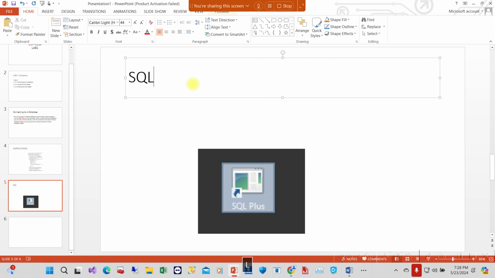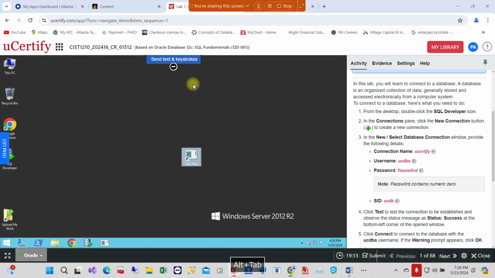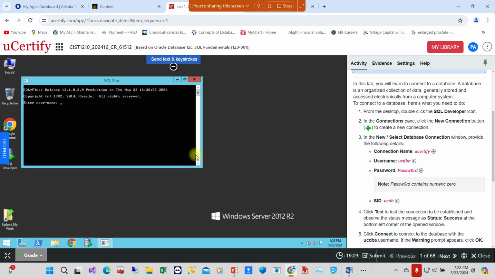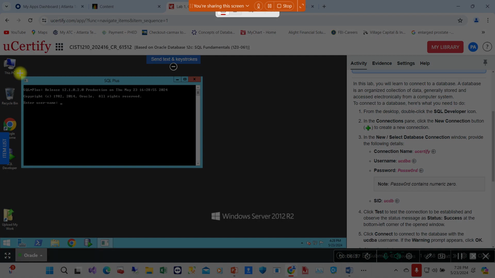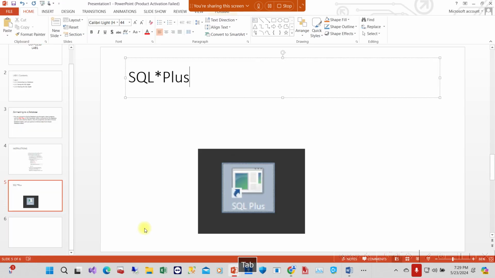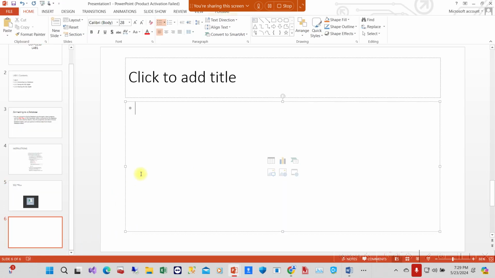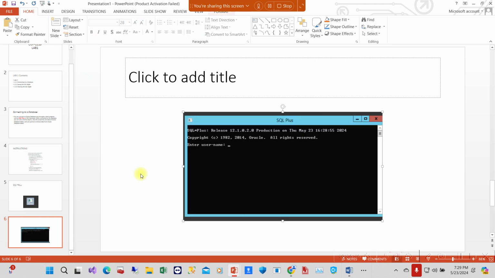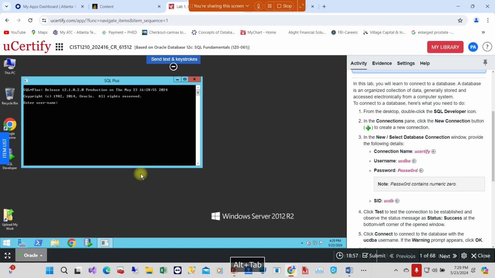SQL Plus. I want you to be aware of that as well. Okay. Now the next thing you do, double click it. It opens up. I want you to take a screenshot of the simple one inside. Okay, so that you know how to get to SQL Plus. That's the main thing. The next thing is on the instructions, it says